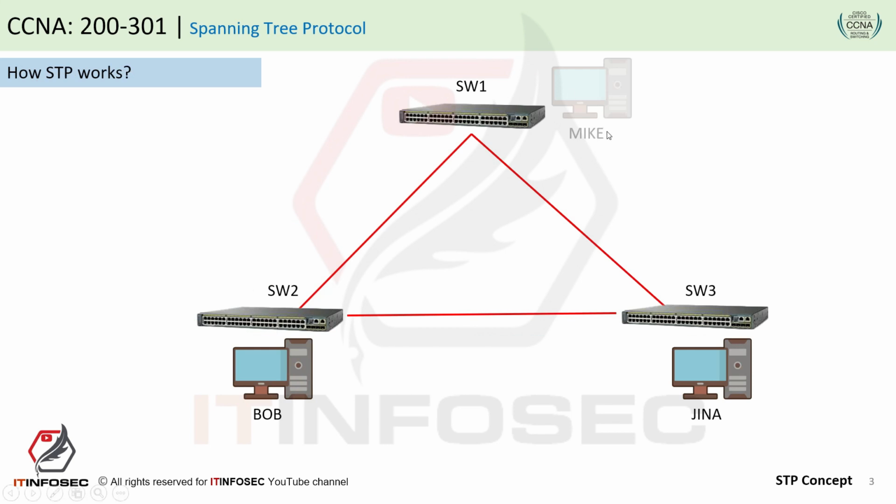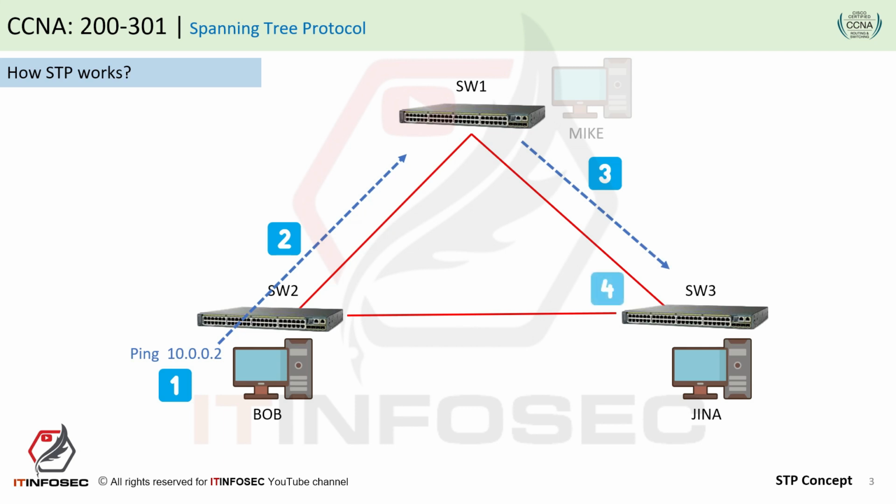Well, the Mike computer is turned off, and Bob starts sending a packet to computer Mike, which is not present now, and the packet is received by SW1. Then SW1 will send packets to SW3, and SW3 will flood the packets out of all its ports, the same as SW1, and at the end of the STP process,